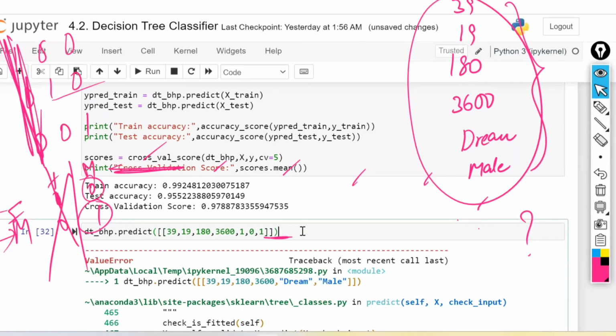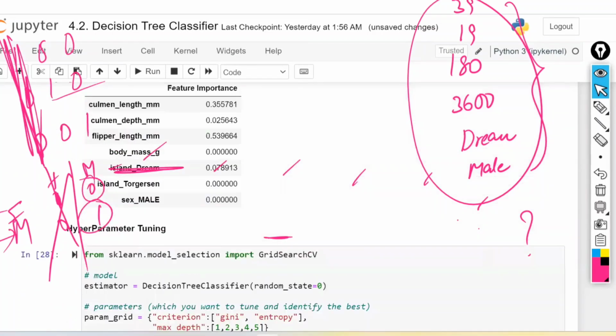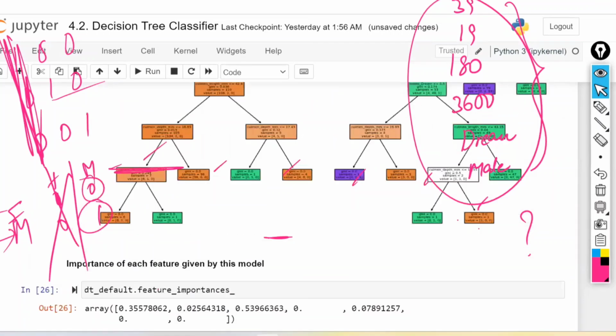Now, in total how many columns have you got? Now, in total how many values are there? 1, 2, 3, 4, 5, 6, 7. This 7 you can use for your default model, because the default model was created with 7 columns. What is the default model name you have created? DT underscore default.